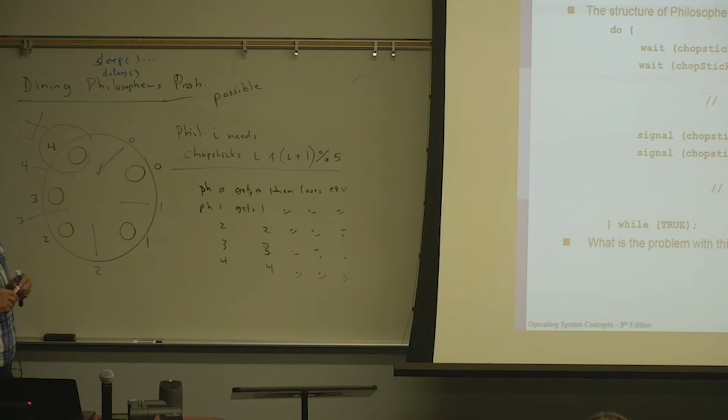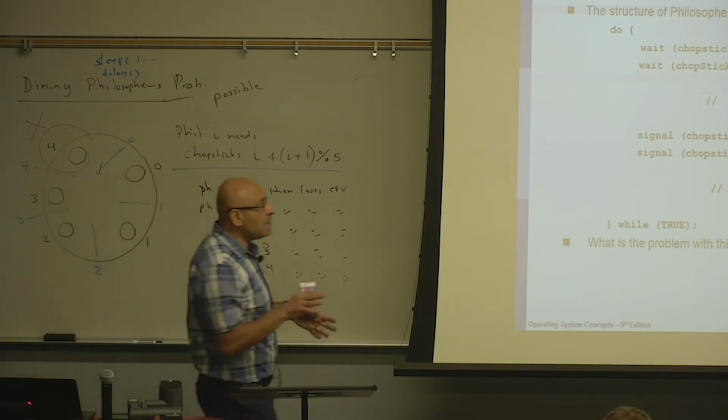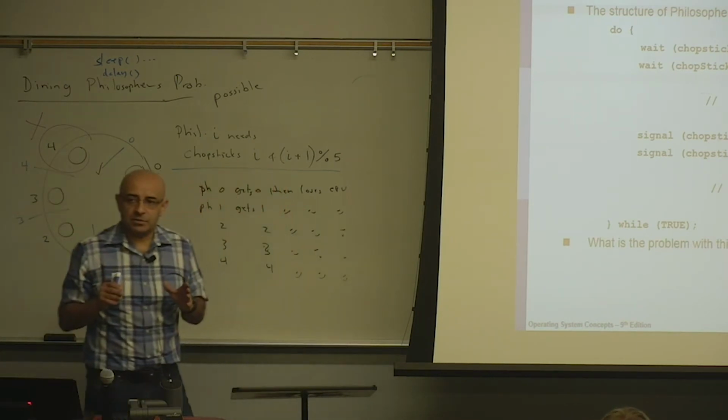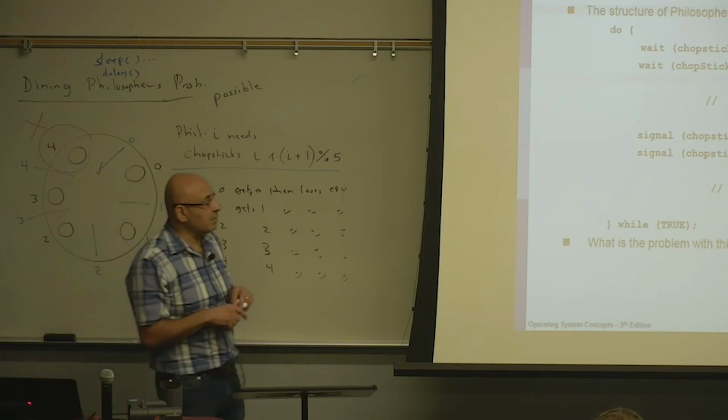Now, here we are limiting the number of resources, or limiting the amount of parallelism. So it's not a good solution, or basically changing the problem. We're changing the problem from a 5 philosopher problem to a 4 philosopher problem, and making it an easier problem. There are other solutions with 5 philosophers. We can still keep 5 philosophers and solve this problem.